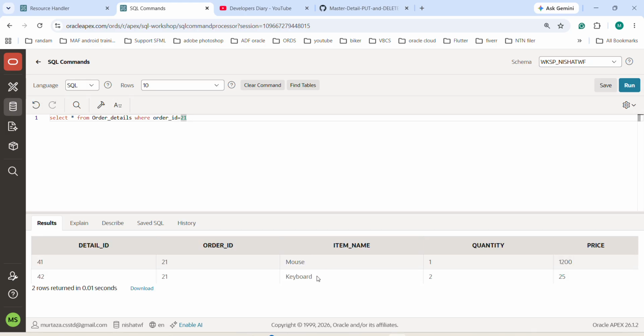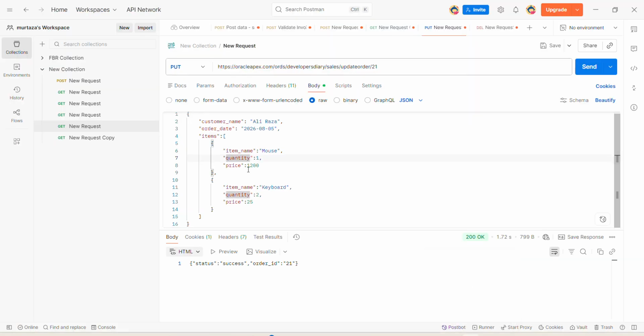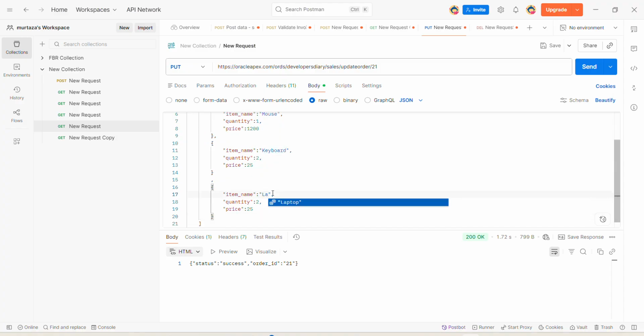So you can see we have two items here, mouse and keyboard. Let's say we add one more item here, for example, laptop, and add a quantity of one and the price,